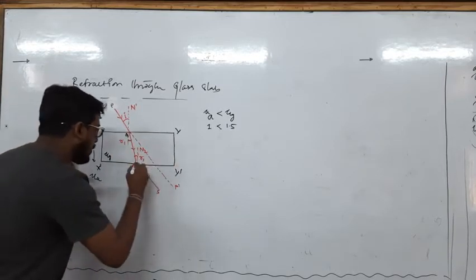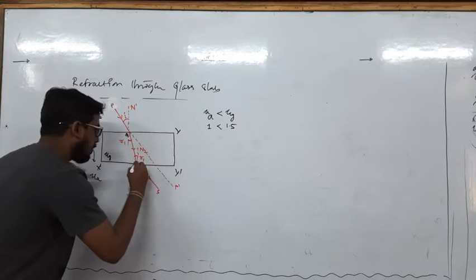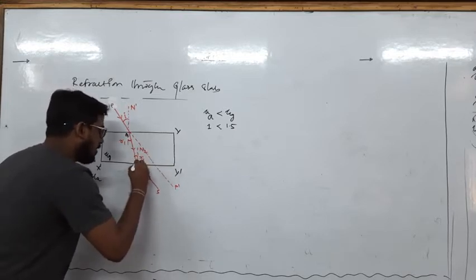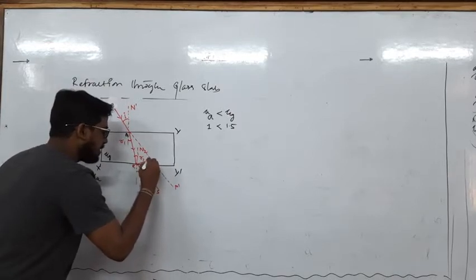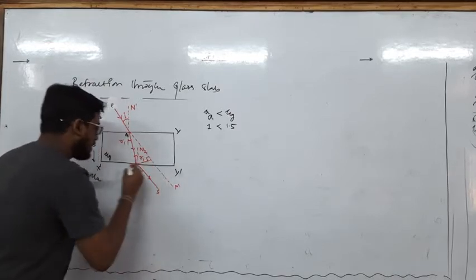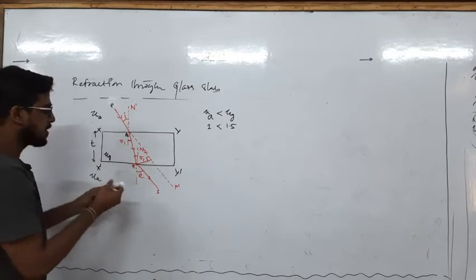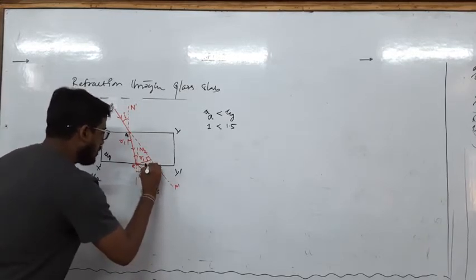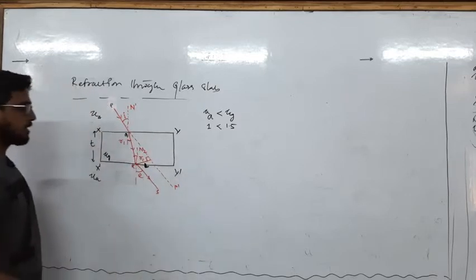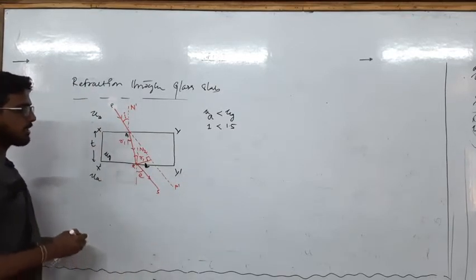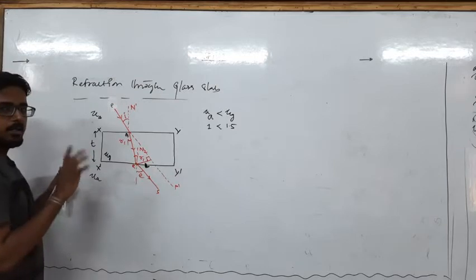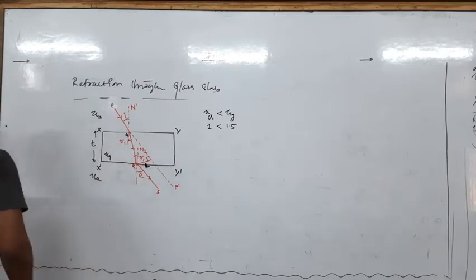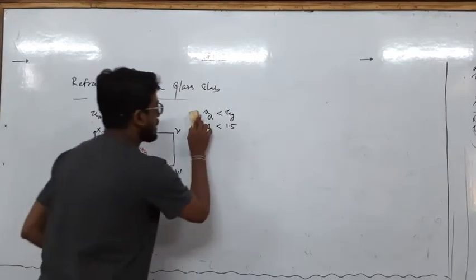So if I am drawing a perpendicular from the emergent ray to the incident ray, it will become what? This distance is known as the lateral shift of the incident ray to the emergent ray. RS is known as what? Emergent ray, and the lateral shift is denoted by L. Clear? So now here we can calculate that for the first interface,